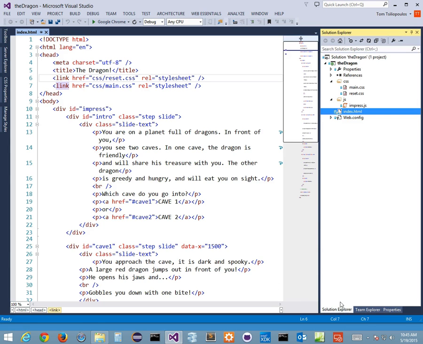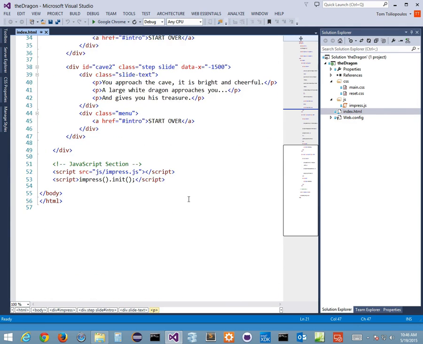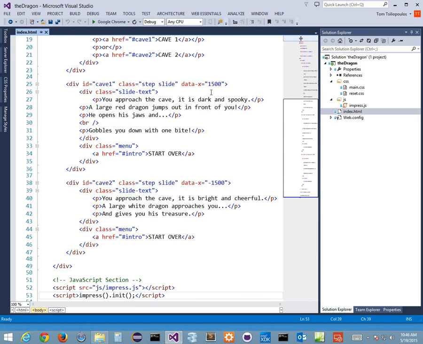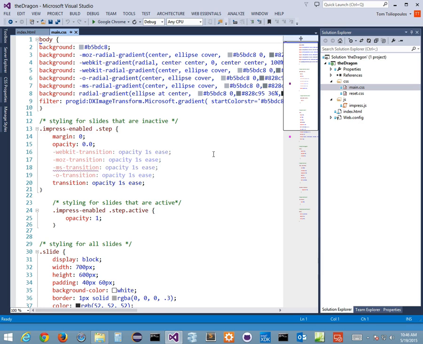So here's my Solution Explorer, and if you notice on the bottom, I have this old way of doing things. I've given you both ways now. I've given the new way with TypeScript, and this is the old way by doing it inline with a script file. I would accept both. I'm not going to force you to do TypeScript if you don't want to. I think TypeScript is the better way to do it if you're going to add additional JavaScript into your file and do different funky things. Again, this is kind of the same thing with 1500 and 1500. And also, I would also ask you to look in here